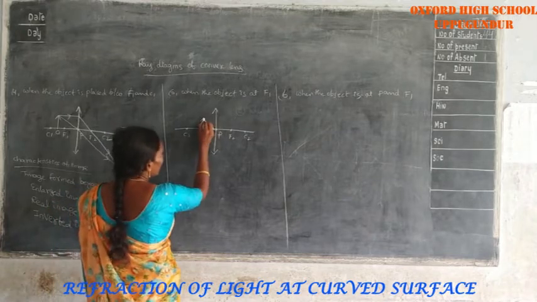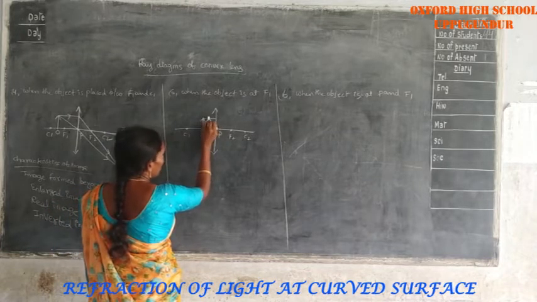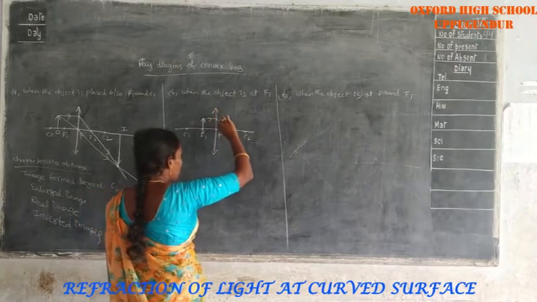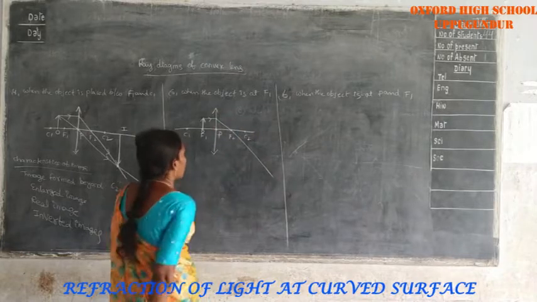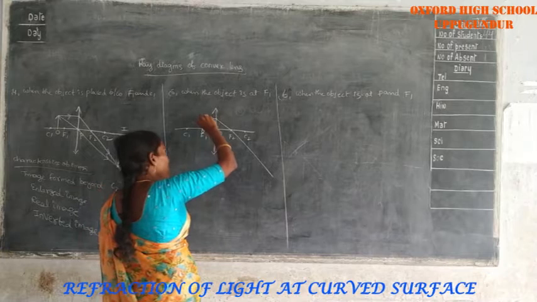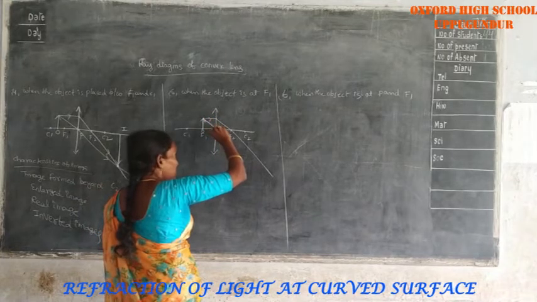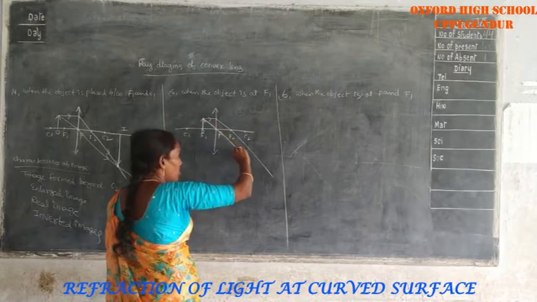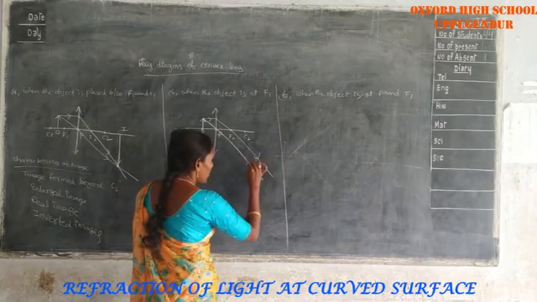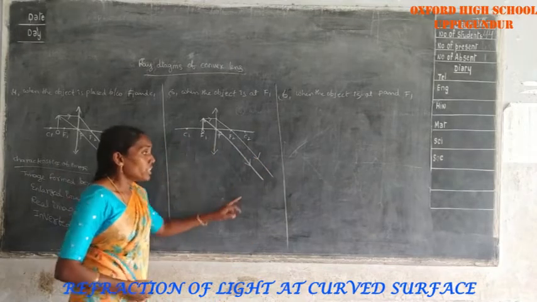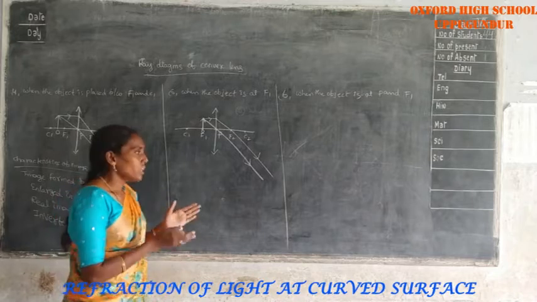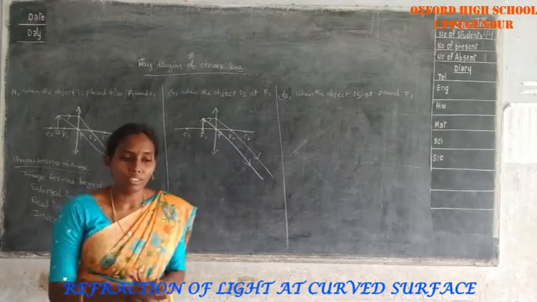Here, the first light ray is coming from the top of the object and is incident on the convex lens. After refraction, the refracted ray passes through the focus. The second light ray, coming from the top of the object, passes through the optic center. Any light ray which passes through the optic center does not deviate. This is the refracted ray and this is the refracted ray. The two refracted rays do not intersect each other. Here, the two refracted rays are parallel to each other.